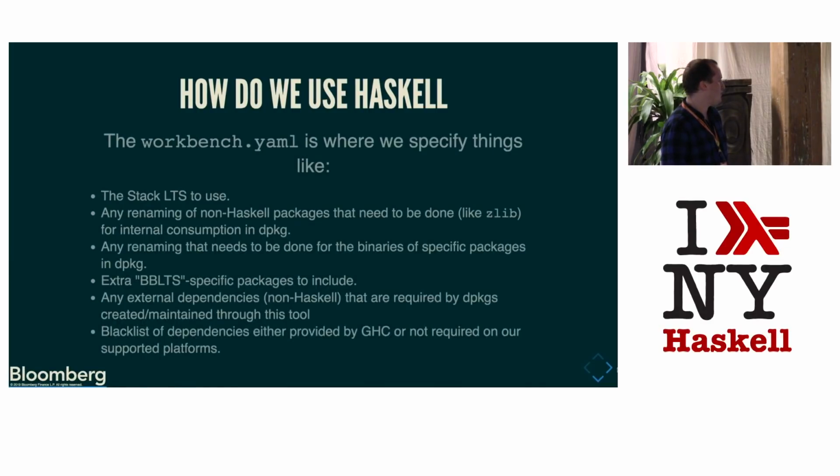We also have extra packages that we want to include in our BBLTS. Any external dependencies that we would need to actually build any of these packages, we also specify so we can ensure that they're available. And we have a blacklist, which says anything that we don't need to pull in for various reasons. One of the things might be a package that's already packaged with GHC, or a system library. We don't want the automatic workbench going out trying to find something that already exists,